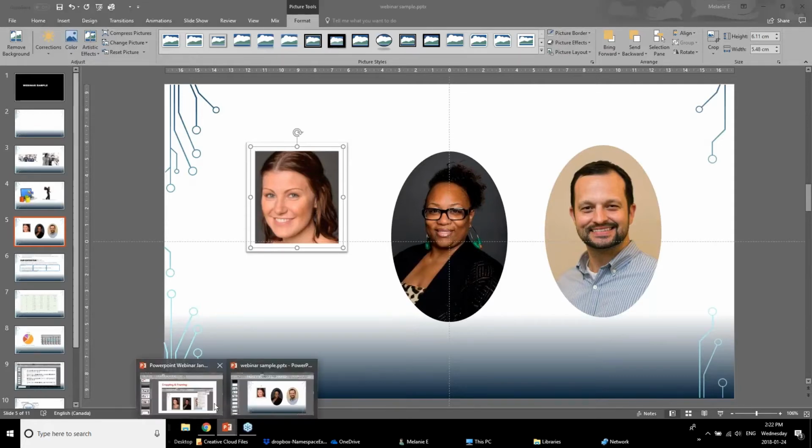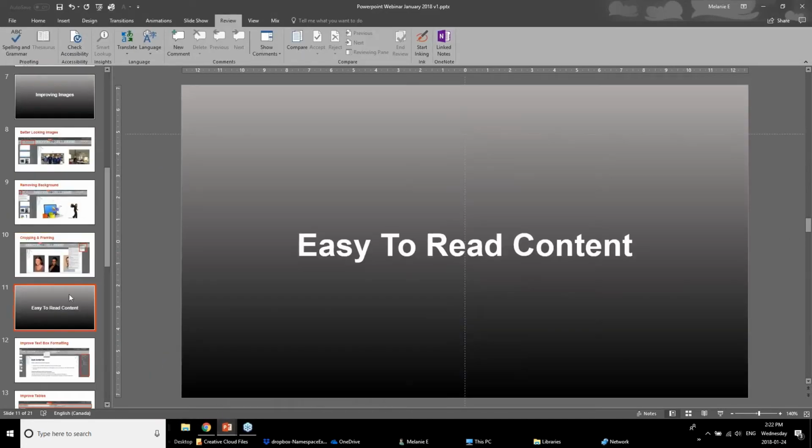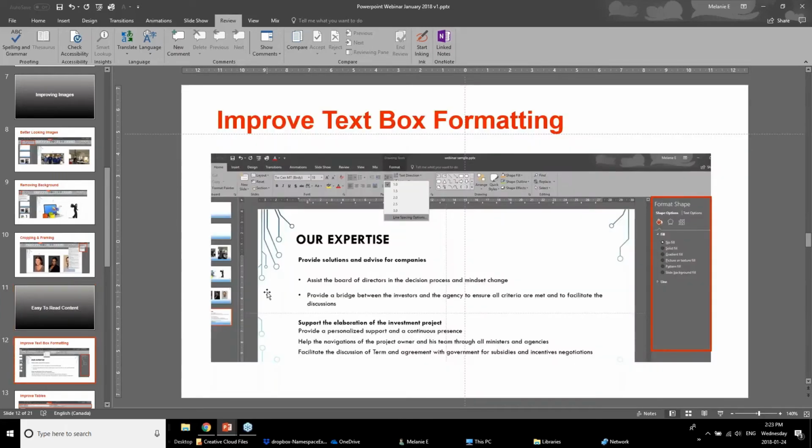All right, let's jump to the next section here. Let's talk about having easy to read content. Now, we're not going to get into a presentation about best practices when developing presentations, because overall, less content is definitely better. I do see folks put a lot of content on their slides. And again, depending on how you're presenting, whether it's in a large conference format or whether you're printing it out and handing it to somebody, I think that makes a big difference in terms of how much content is